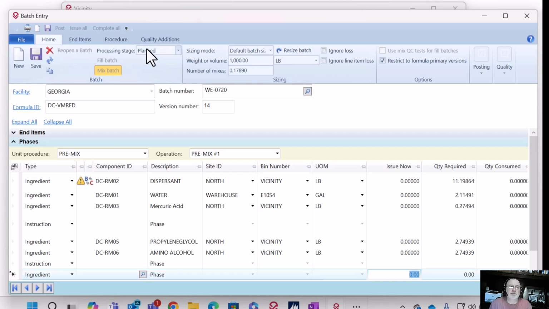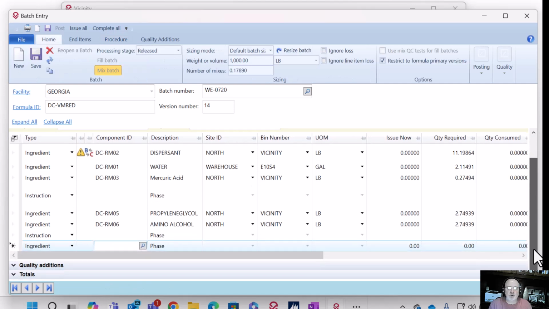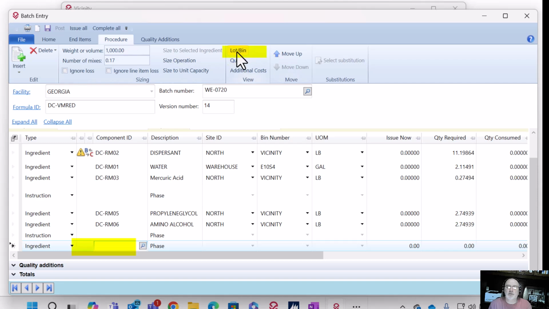So in this case, let me just release this batch. Here we go. So I've got a line item here that does not have a component, doesn't have an ingredient established on it yet. I could certainly establish an ingredient and then go to lot selection and find it, but I also have the ability to simply take it from the same lot bin button, but without a component ID identified,